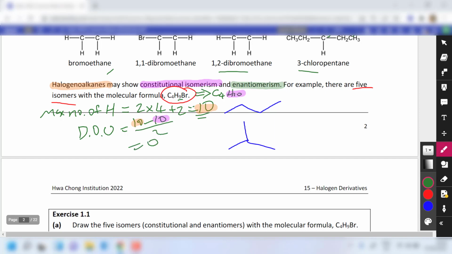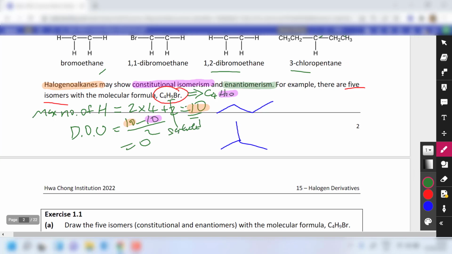Yeah, so we conclude that this compound is saturated. Okay, yeah. So with that, we should be quite comfortable in drawing the rest of the constitutional isomers and enantiomers. Okay, so we will just continue from here. From the above compound, the straight chain one, there are 2 potential positions where we can place our